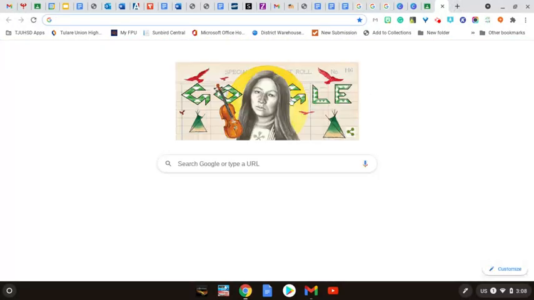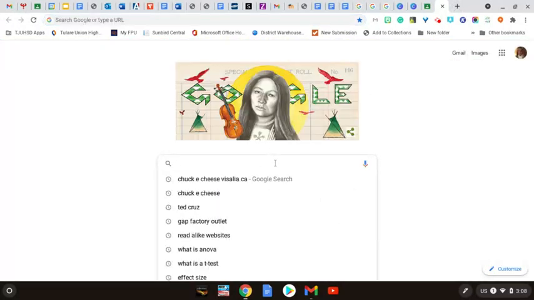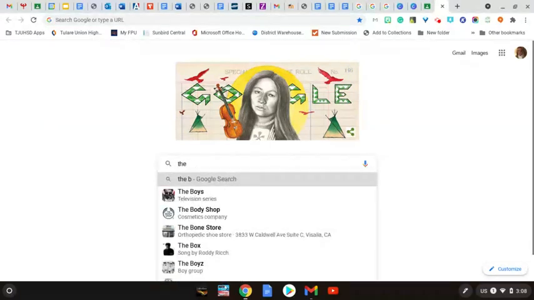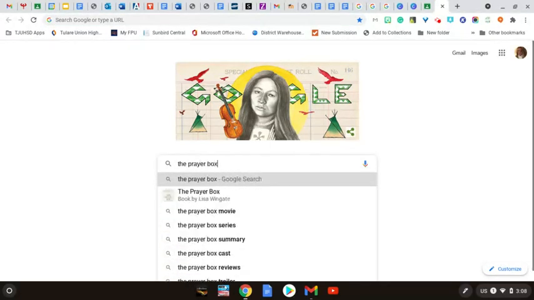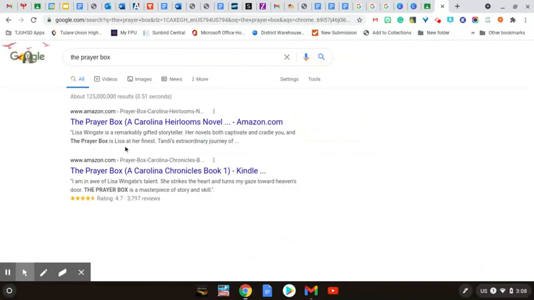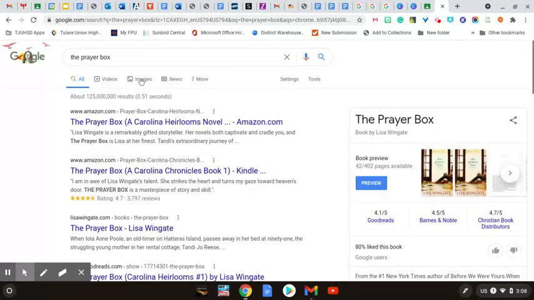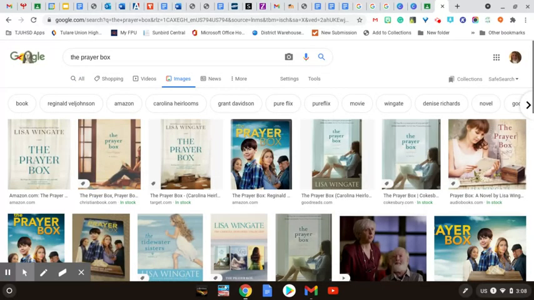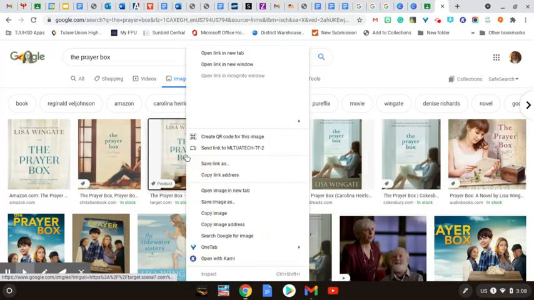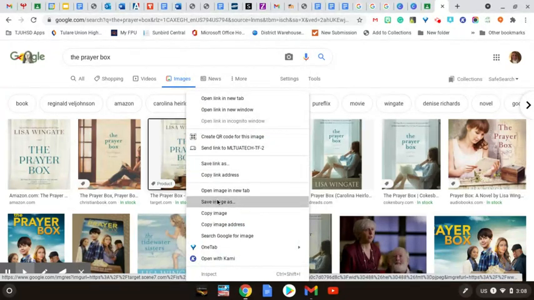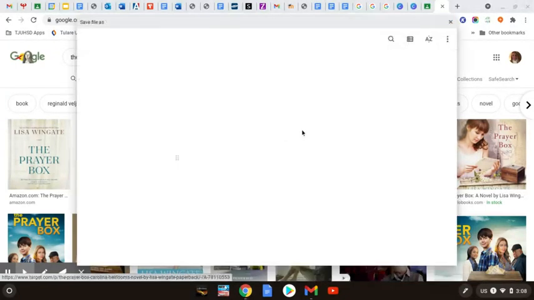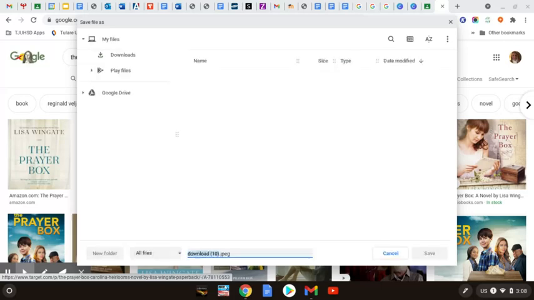So let's say I wanted a cover of the book, The Prayer Box, even though that's the book I read and I wouldn't want to use that as a read-alike. I just want to show you how to do it. So if you save an image of the book cover of one of the read-alikes, save it to your computer,